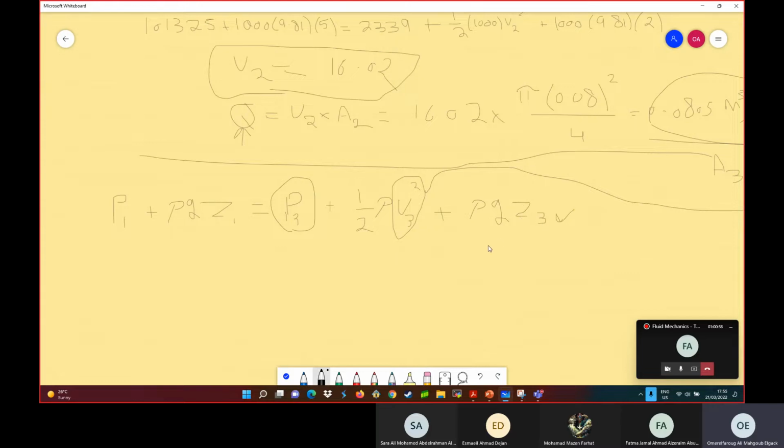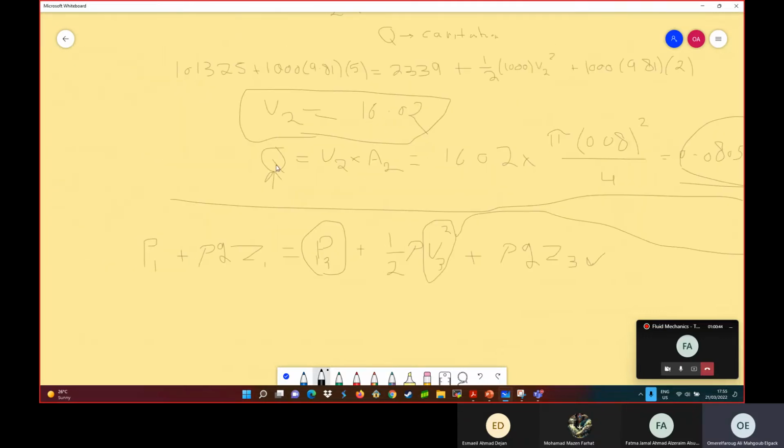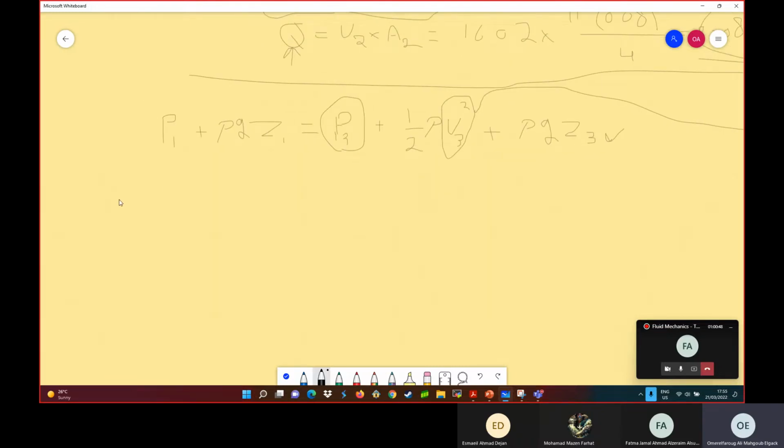What's the elevation of this point so that cavitation will occur, applying the same volumetric flow rate as in the previous question, section A. So you have here again the atmospheric pressure plus rho 1000 times G 9.81 times Z1, which is 5, is equal to the cavitation pressure